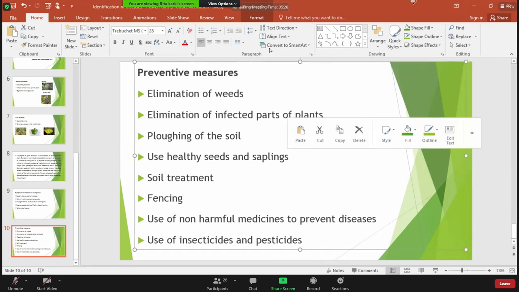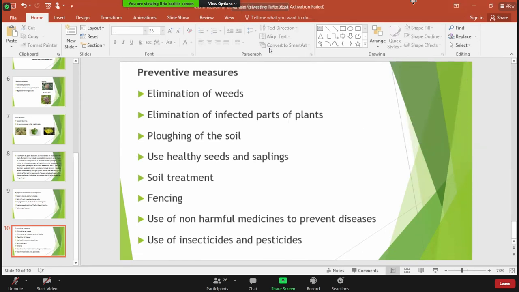Similarly, it also may carry the pupa of varieties of the insect. So it is very, very necessary to provide the proper treatment to the soil before planting the saplings or before sowing the seed into the agricultural land. There are a large number of chemical substances that can help in treating the soils.